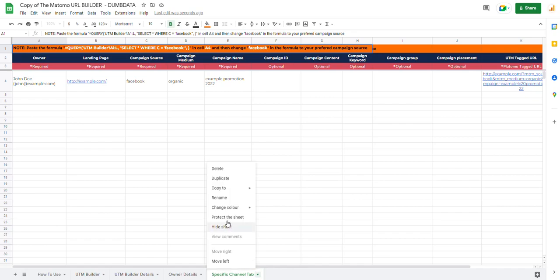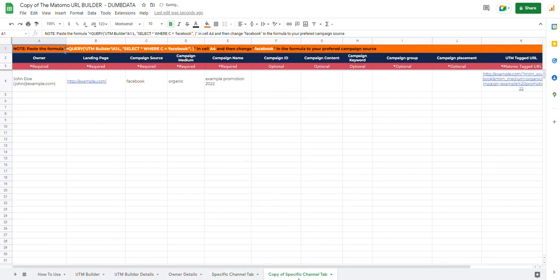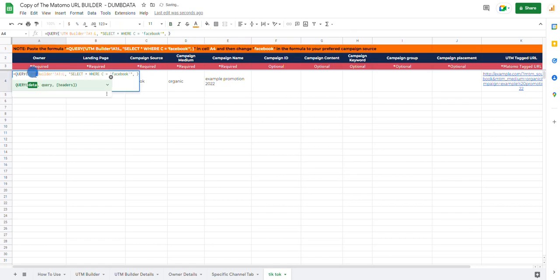Note, to create a new one, let's say, for example, I copy this. I want to create a new one for TikTok. I duplicate it. Let me give it the name TikTok. You can do that by right clicking in the particular cell. So this is just for you to view, to see your Matomo tagging strategy for a specific channel. So you click on the notes, like this part, the first cell. It tells you to copy this formula from here to this part, copy it, then go to cell L4, which is this cell here, paste it there,